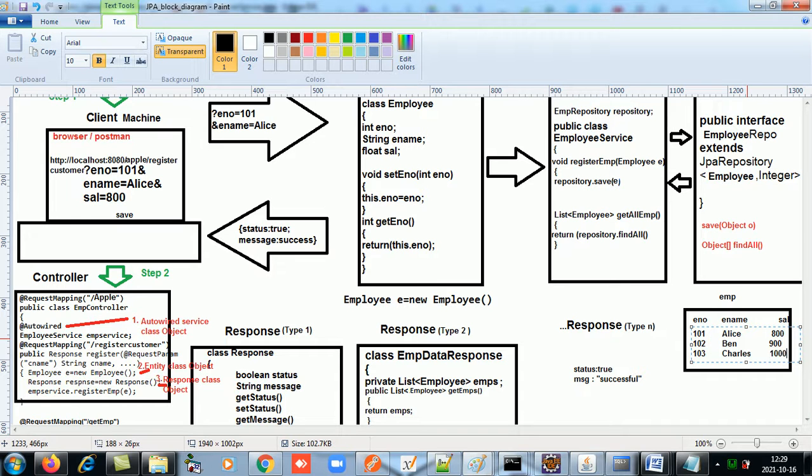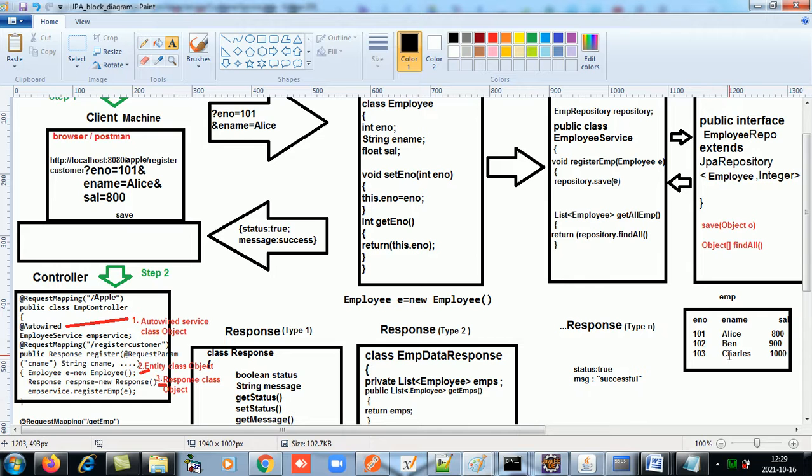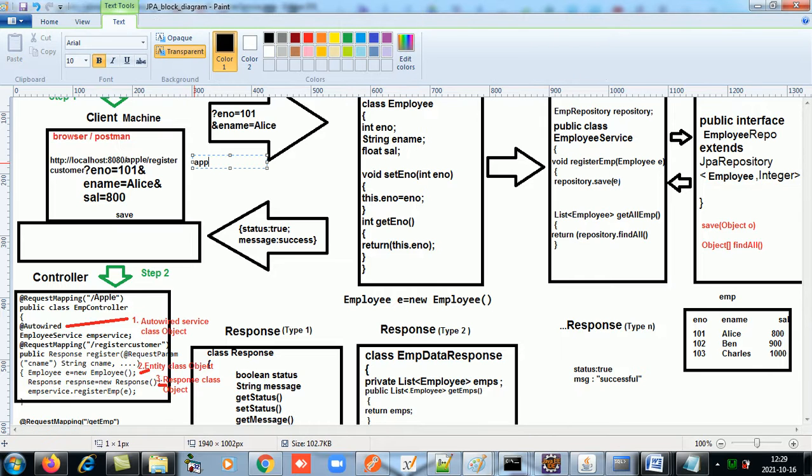If I want a web service which will display me the list of all employees, so instead of register employee I will say Apple view all employees. This view all employees will not return me message status true or message successful. It will return me the list of all employees. For that I have a different response class which will return me the list of employees.